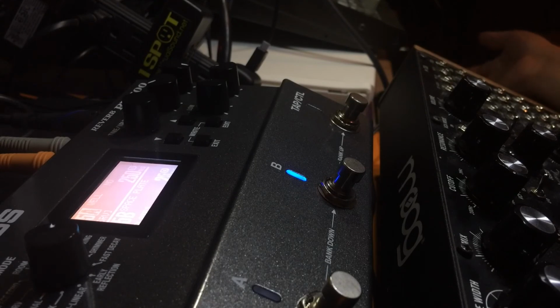Or I'm almost positive, and you got to be careful about this, so don't go do it and then break your pedal and get mad at me, but almost every tap tempo input on Boss pedals that I've used works with gates from a synth. So you could clock it from a modular synth or anything that puts out a gate. You might want to attenuate the voltage. I'm not sure what kind of voltage it's expecting, but I'm going to start messing with that later. Haven't gotten into that yet. I'll probably do another video using the modular with it. But anyway,